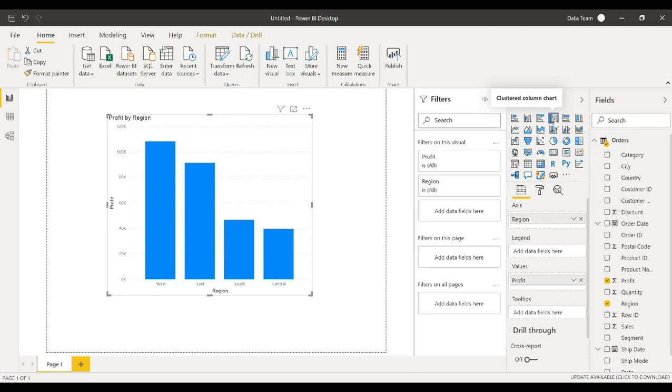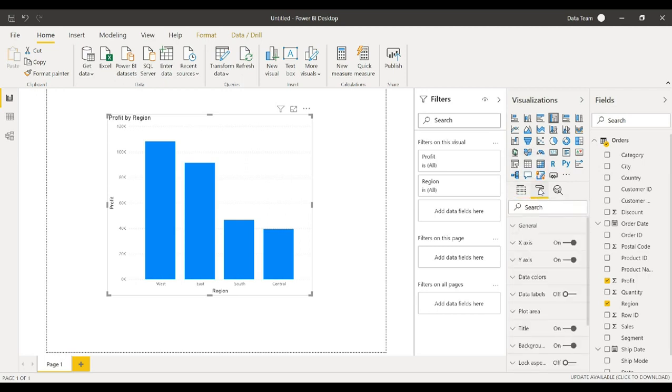Next, we'll talk about how Power BI allows you to experiment with formatting your visuals inside the report. Let's start with formatting our clustered column chart. First, I will have to make sure that I select the visual by clicking onto it. Then I will click on the format icon under the visualizations panel that looks like a roller paintbrush. Here, if I click onto the format icon, I can see all these different categories of formatting options. I can expand these categories